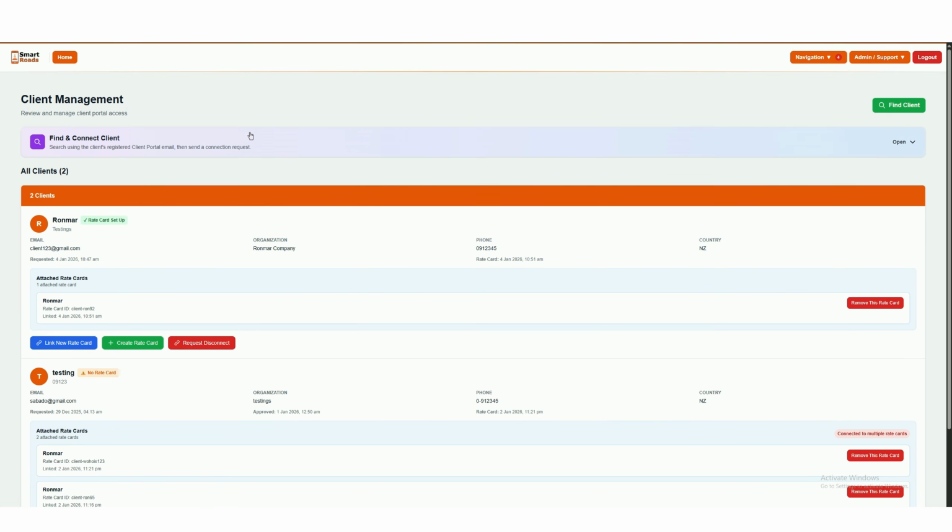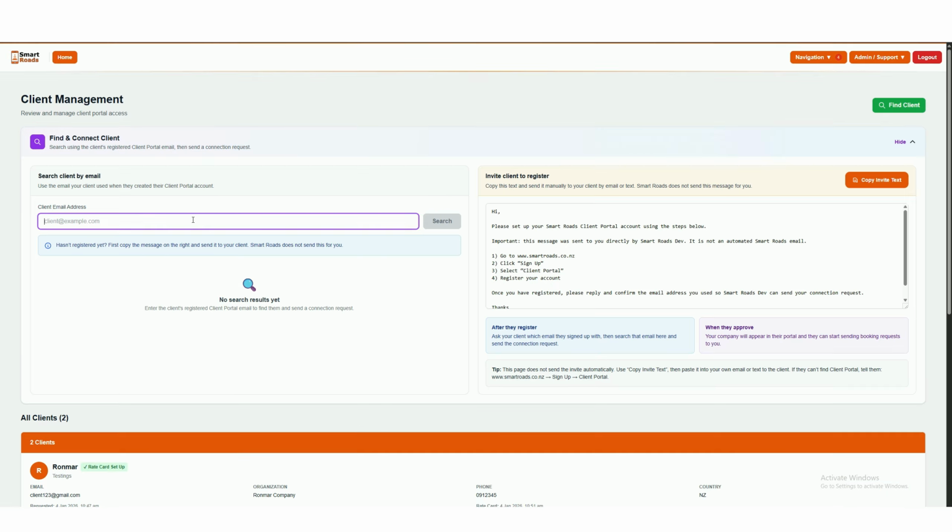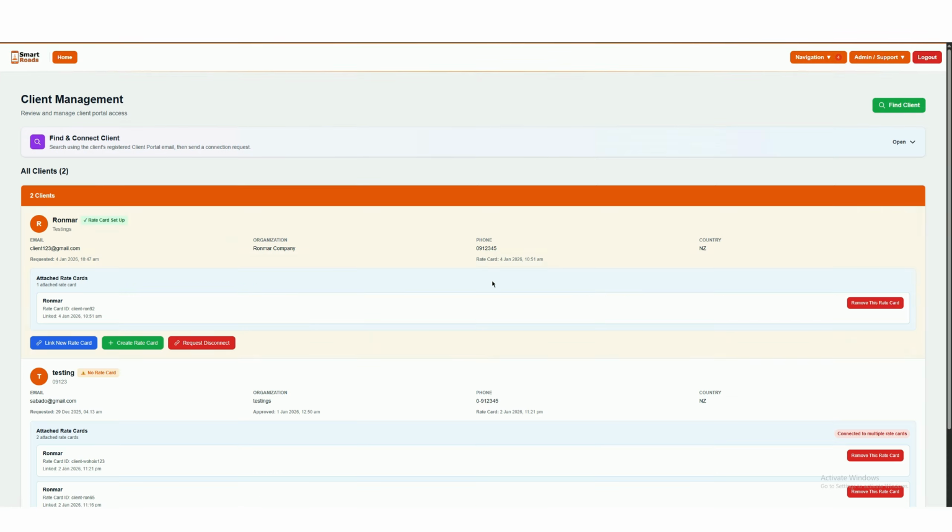Client management. The client management section allows companies to review, manage, and connect clients to their Smart Roads portal. Users can search for existing clients using their registered client portal email address and send a connection request directly to